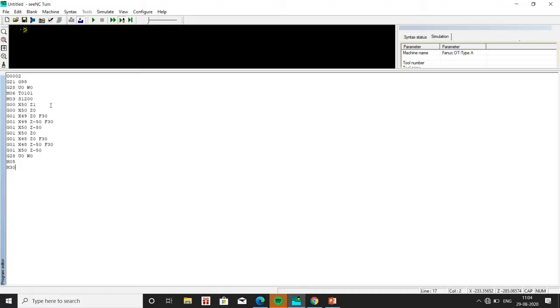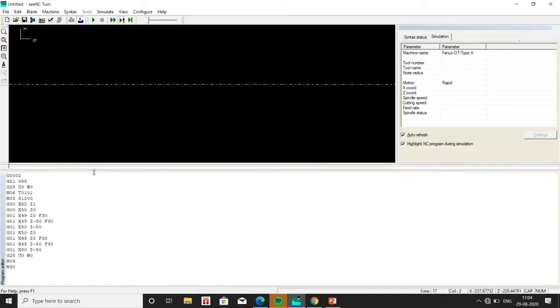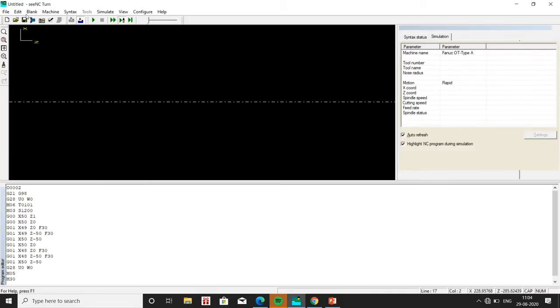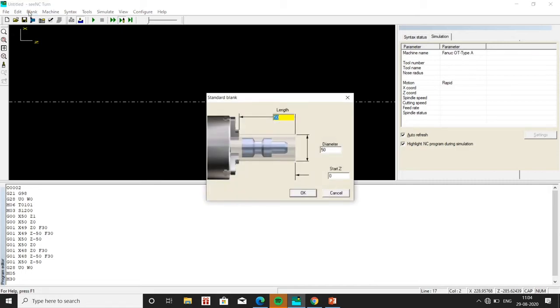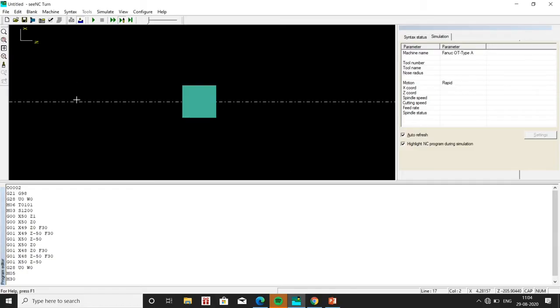Initially we take 1 mm, so X becomes 49, and then we take 1 more mm, so X becomes 48. We use Z minus 50 because, in order to reduce the diameter, we have to go through the whole length of the component, that is Z minus 50 mm. The blank values are 50 and 50 mm, and the Z value remains 0 as before.